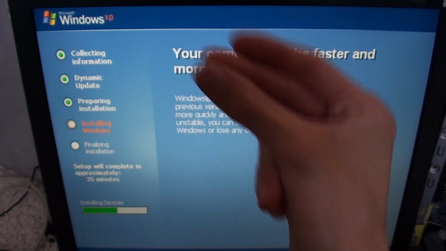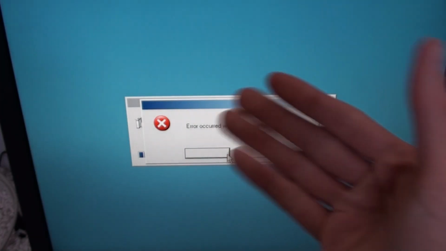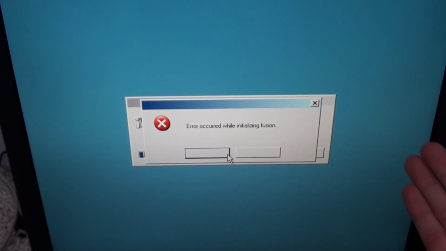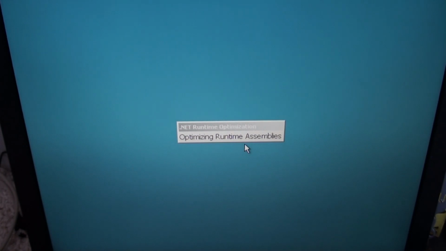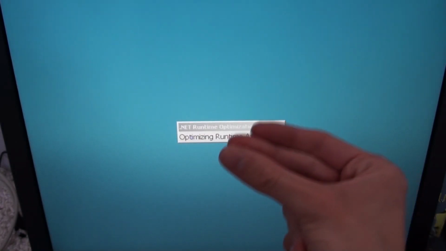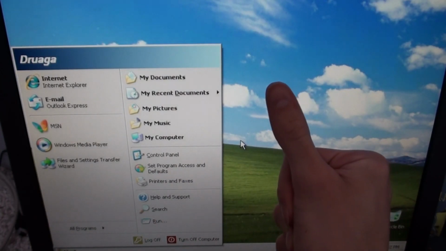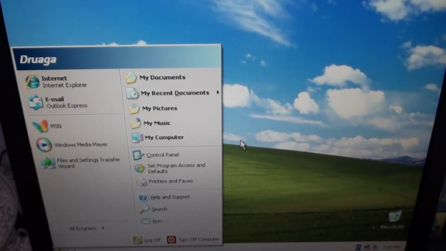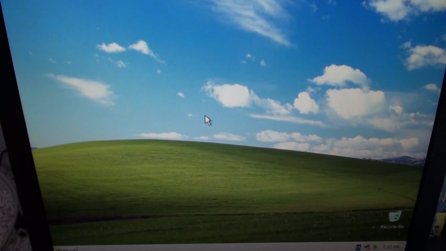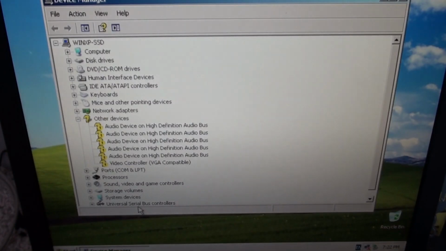Alright, let's try this again. What the fuck? Why does this stuff keep happening? Come on, come on. Hey, it worked. Hey, why is it classic theme? Who cares? We're here! Alright, so now that we're in Windows XP, you can see that of course we have